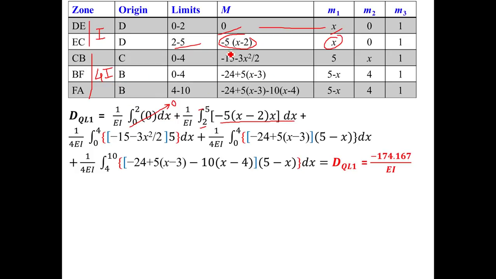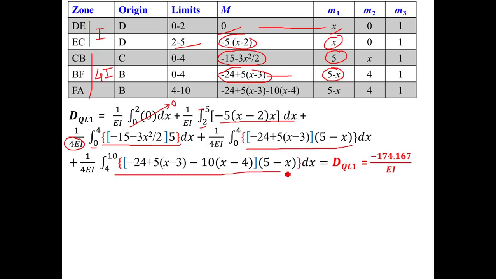So look at the third zone moment, this is capital M and m1 is 5. If you put that here, limits are 0 to 4 and I equal to 4I here. Understand this. Similarly the fourth zone, this capital M and this is m1. Okay, put that M into m1 here. This is the fourth zone and similarly this is the fifth zone, M into m1. This is M and this will be m1. For all three zones I equal to 4I, so it is outside. Okay, so for the capital M into m1 column, one by one we have to multiply for each zone and we have to add all 5 zones together.